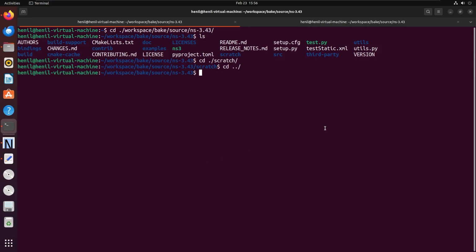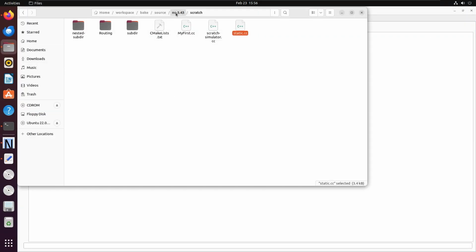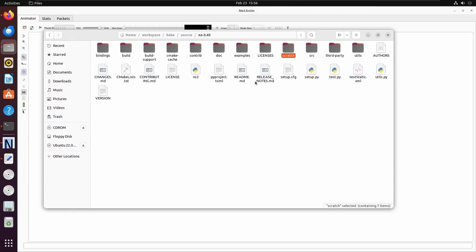So now we are in our virtual machine, okay? And if I can show you my folder, we are inside the scratch folder, right? And here I have created this static.cc file, which will simulate the static routing protocol. I will jump into the code and explain it, but before that I just want to show you where